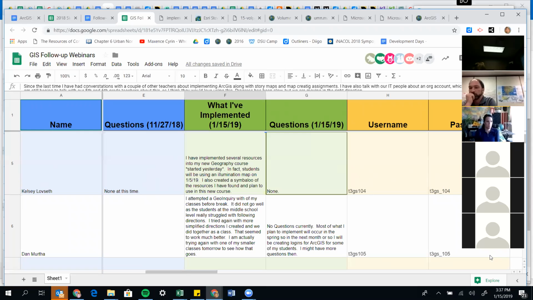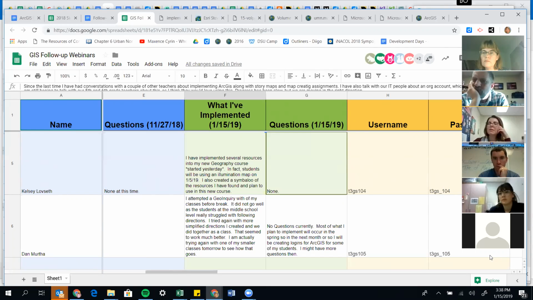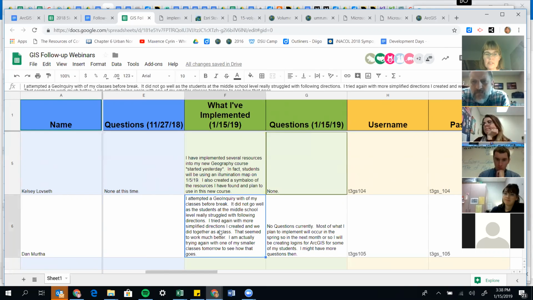So I don't think that kids will be doing a significant amount of map manipulation. I know the geo inquiries, but kind of going into the layers and the basis, I don't know if we'll get to that point. More of it's using some of the visual aids that come with the system. That's probably more of what I'll focus on. Okay, that sounds good. All right, Dan from Brandon Valley.